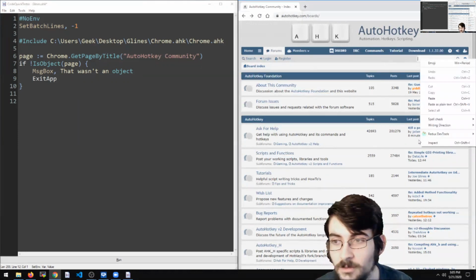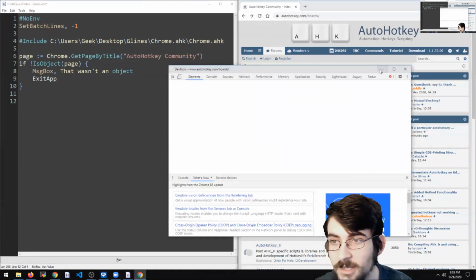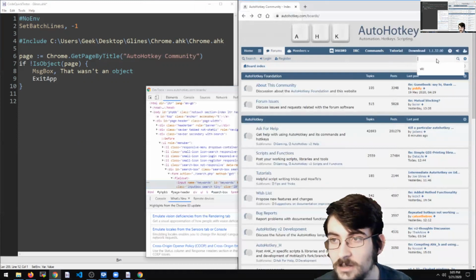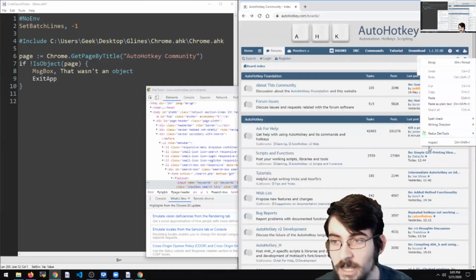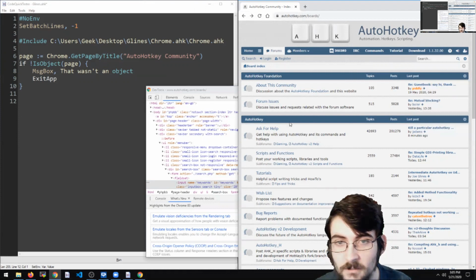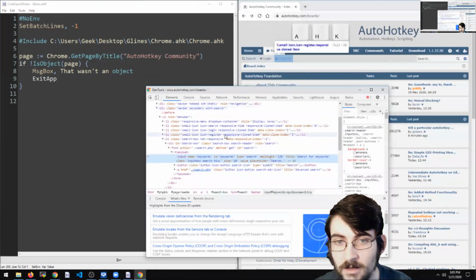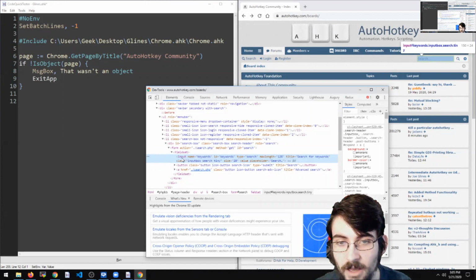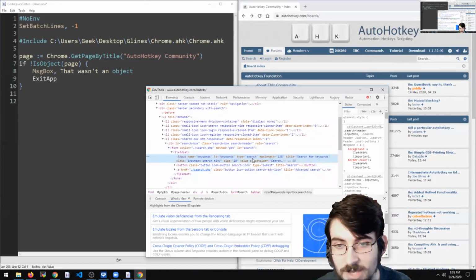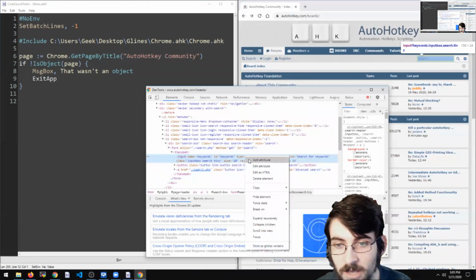First thing we will want to do is take a look at our page structure. I've right-clicked and hit Inspect on that box, and that's popped up our DevTools here with that element selected in the HTML. You'll see here, it's an input tag with an ID keywords. And if we go to copy its JS path,